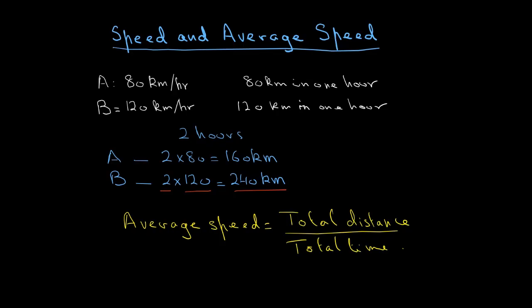Okay, now please note, when you say somebody is traveling at 80 kilometers per hour, it doesn't actually mean that you continue to travel at the same speed throughout the hour. What can happen is that at various instances in the hour, so here's an hour from 0 to 60 minutes, throughout the hour you may be traveling at different speeds. So you could be traveling at various speeds.